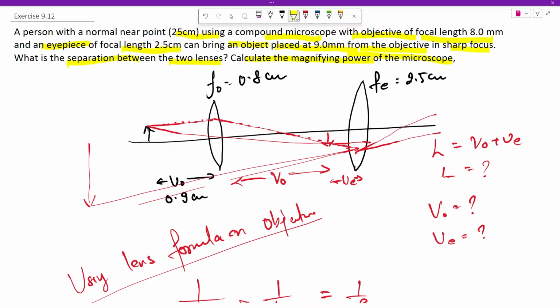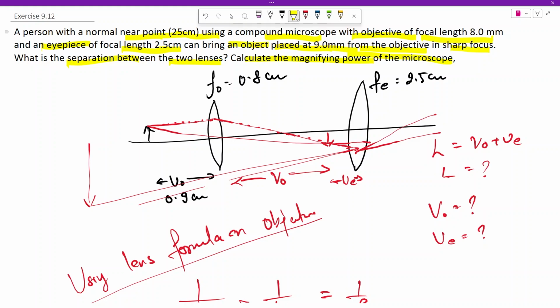So in this question, it is simply asking what would be the distance between these two lenses such that if the object is placed at 9 millimeter or 0.9 centimeter in front of the objective, the person with a normal near point of 25 centimeter sees that object clearly. So it is asking what would be the distance between these two lenses such that the eyepiece can create an image at v equals 25 centimeter